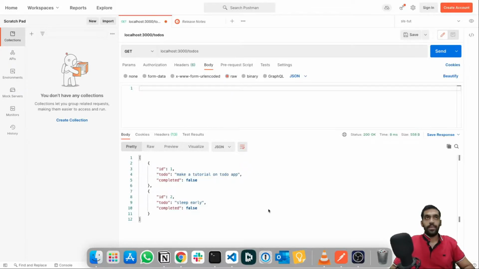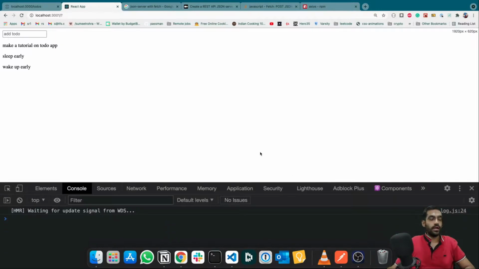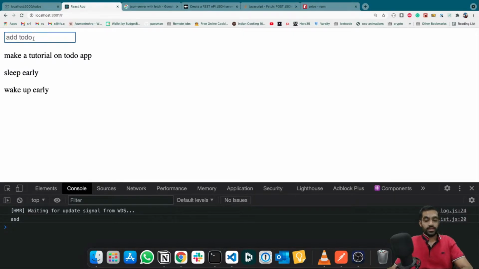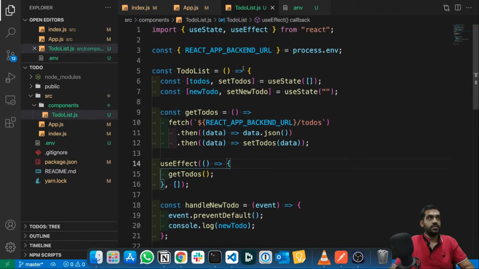So hey guys, we are back, and last time around we were here trying to add a to do, and let's just zoom in a bit. Okay, so we did this, and it was doing a console log, but there's a small problem, I guess. If we just remove the whole string and press enter, it prints an empty string. We don't want to send an empty string there. So let's just fix this.